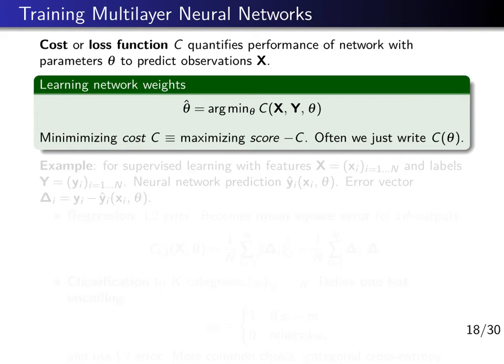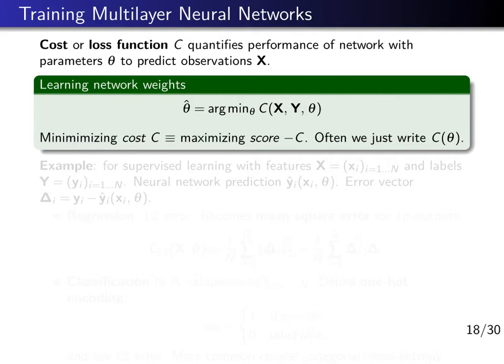In this lecture, I want to introduce the basic concept of how multi-layer neural networks can be trained, the backpropagation algorithm. So first of all, we define a cost or loss function C, which is the quantity that we want to minimize. So we turn our problem of finding optimal parameters into an optimization problem in which we minimize the